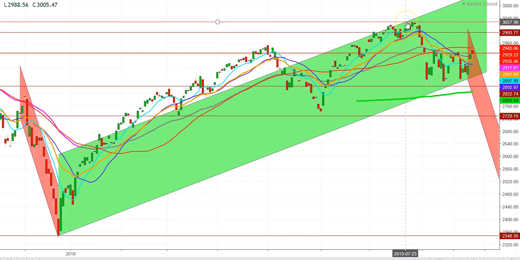3025. Here you can see that the S&P 500 index touched this level on July 23rd, 2019, and once again they tried to break this level on July 26th, but here you can see that this level provides a stiff resistance to the S&P 500 index, and on the lower side the S&P 500 index. Here I would like to explain some important levels of the S&P 500 index in a daily time frame.